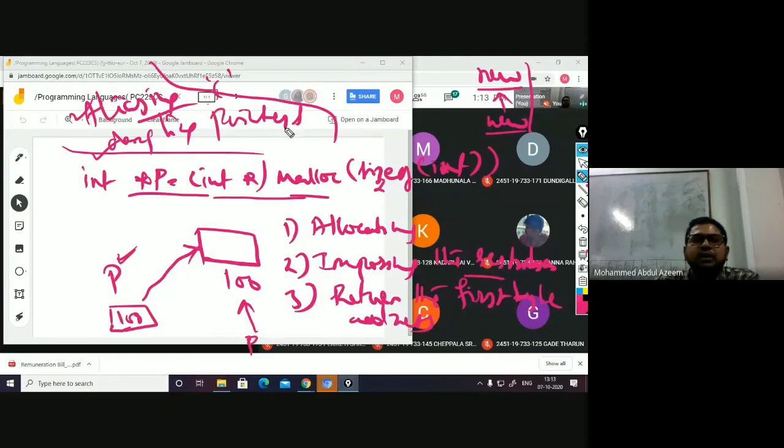I'm running out of time, so I'll stop my discussion here. We'll continue in the next class, right? I hope it is clear what pointers are, how and in what ways they are useful, the history behind pointers, and the advantages and applications of pointers, which is nothing but dynamic allocation and deallocation.